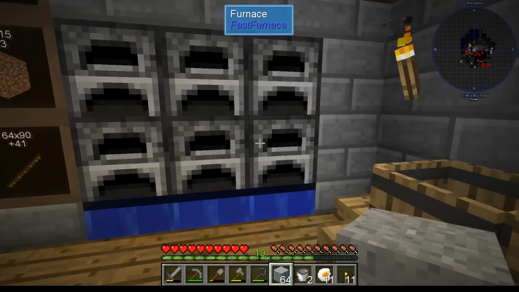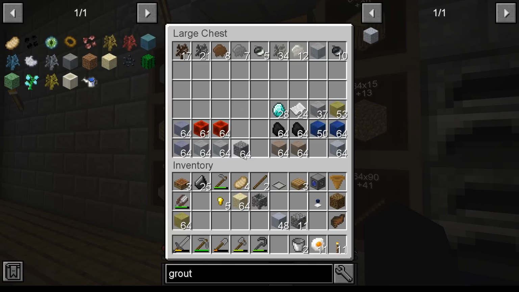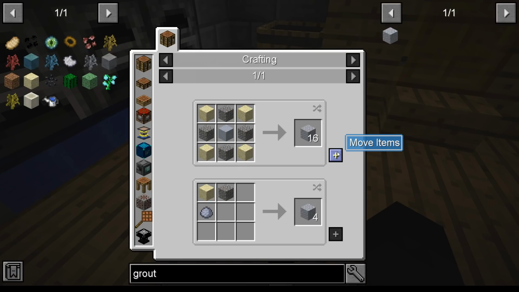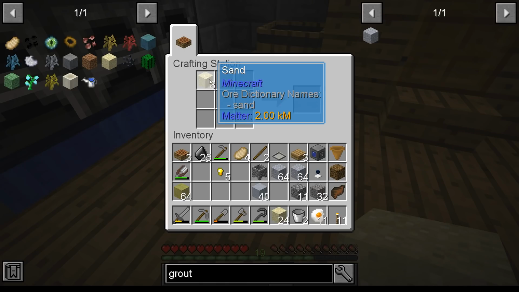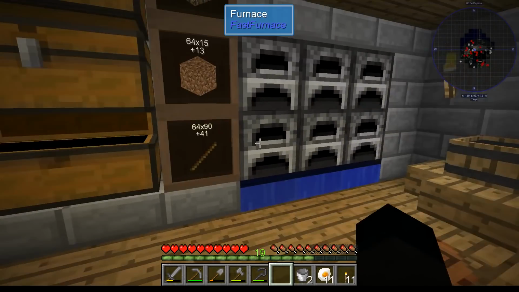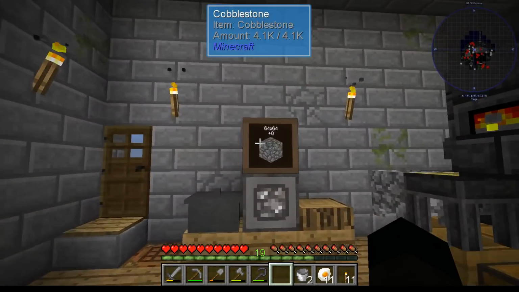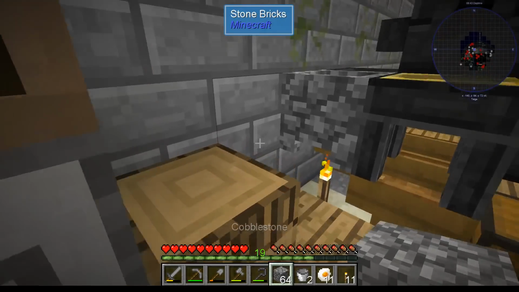Now I could use the coal. Let me get a little bit more if I can. Let me get another sand and another gravel. And if I were to put those in, hang on. If I go to grout and I want 16, and that, if that's not enough, I don't know what is. So we'll put the clay, sand and gravel away, and we'll put you in there, and then we shall go and grab a stack of that. Stack of that, and we're going to go